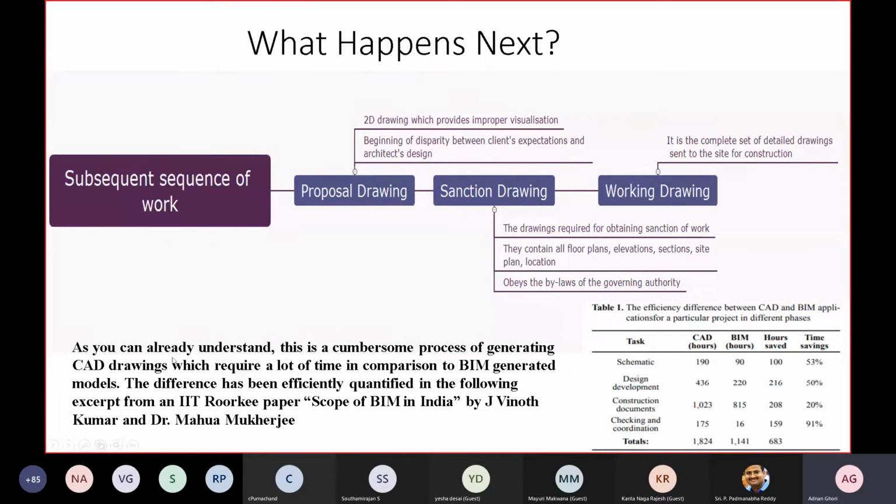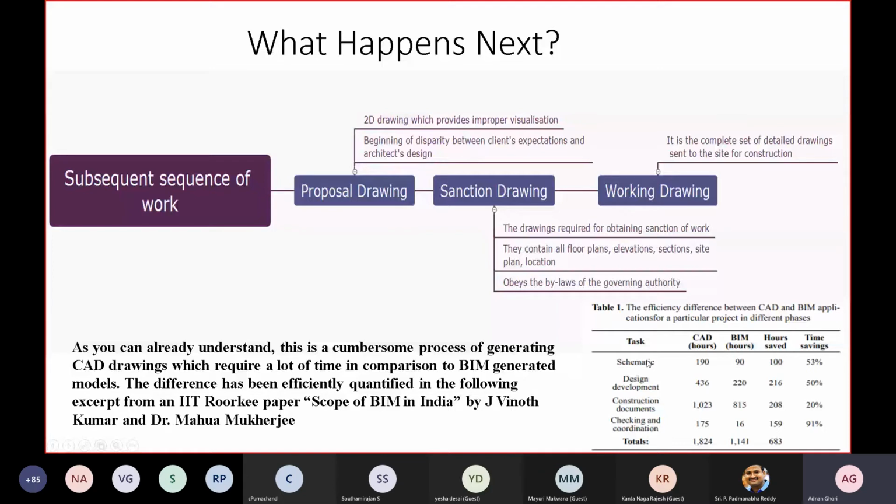Now, this entire thing is quantified in the paper Scope of BIM in India by J. Vinod. You can find this paper and the entire transcript if you just search for Scope of BIM in India on Google. From that paper, this is an efficient difference between CAD and BIM applications for a particular project in different phases.